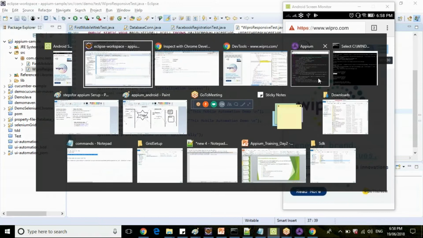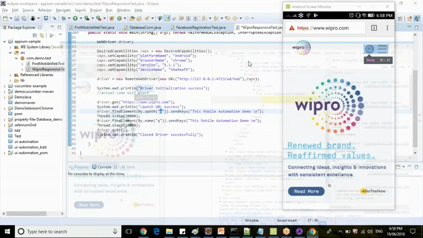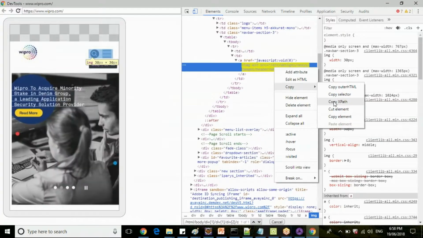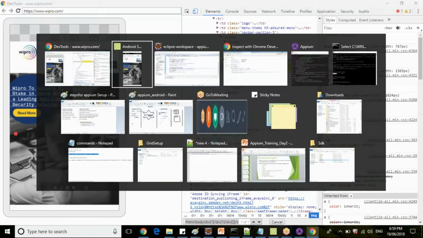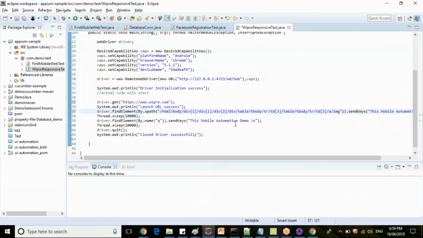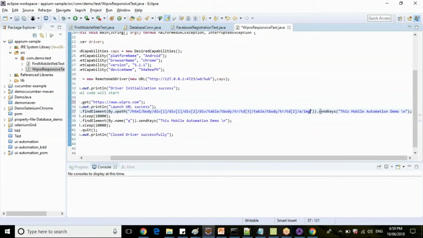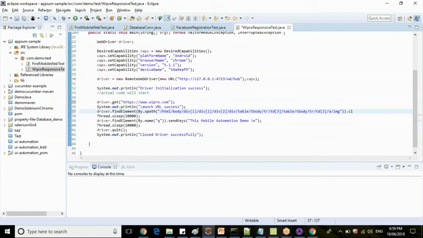So copy the XPath from your inspector. Provide your XPath here. What is the operation that we need to perform here? It's a click operation. Okay.